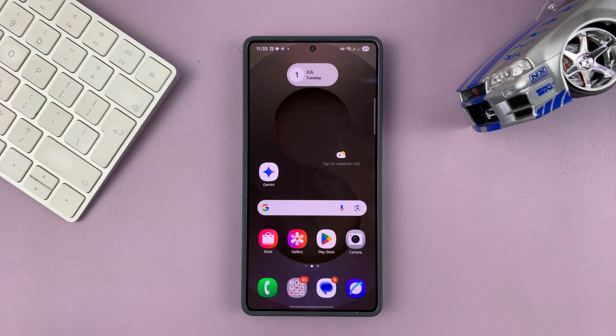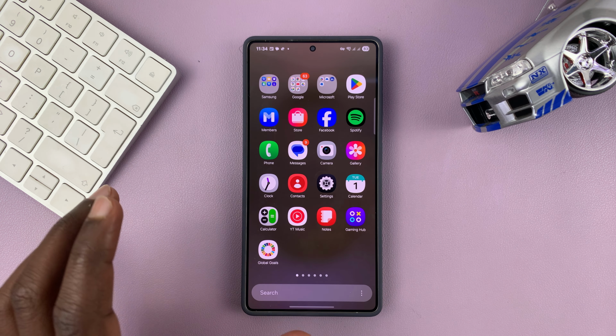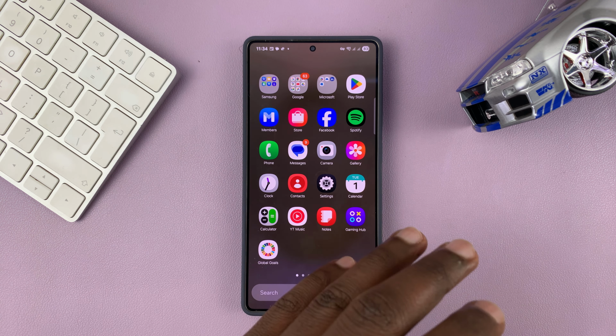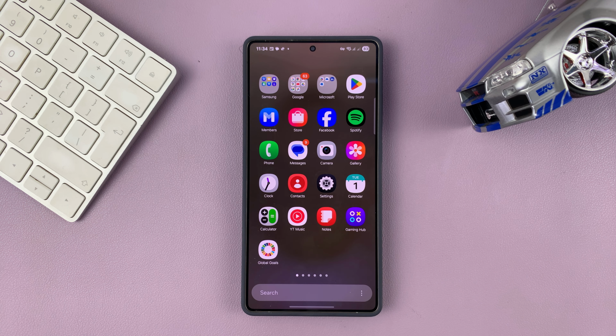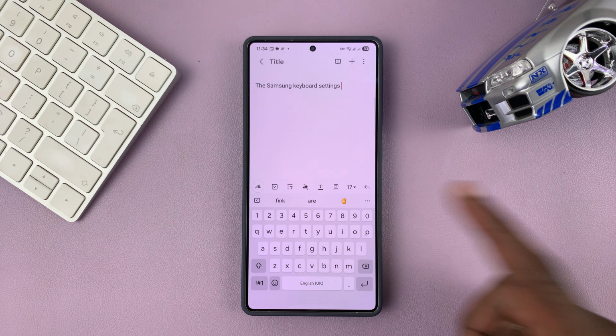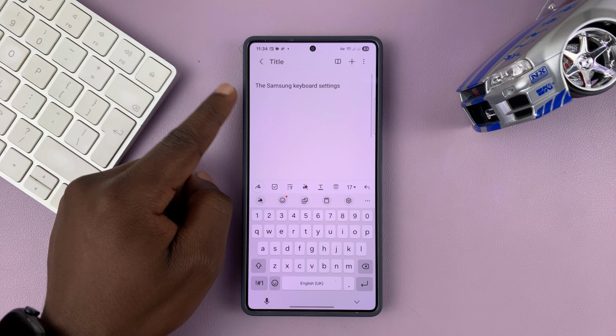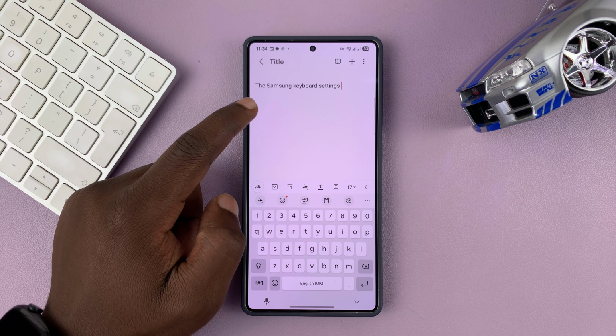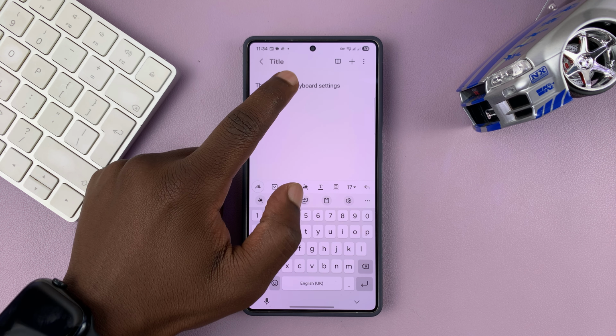So today I'll be showing you how to copy and paste on a Samsung phone. Now this is very simple. You can copy and paste text from one app to another, and all you have to do is simply find that text. So for instance, if it's this text right here in the Samsung Notes application, all you have to